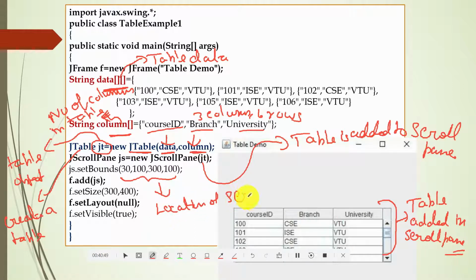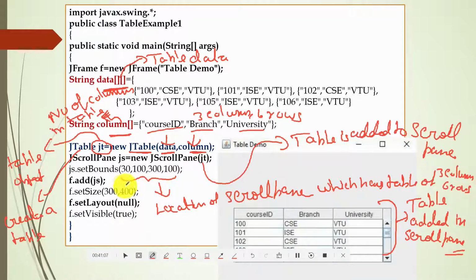So the scroll pane which has the table of 3 columns and 6 rows. And finally the scroll pane is added to the frame.